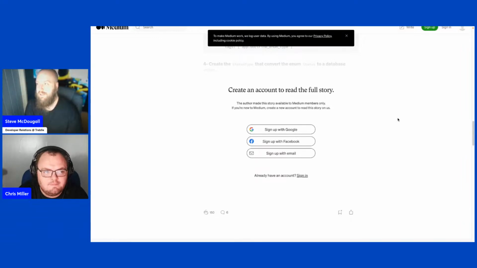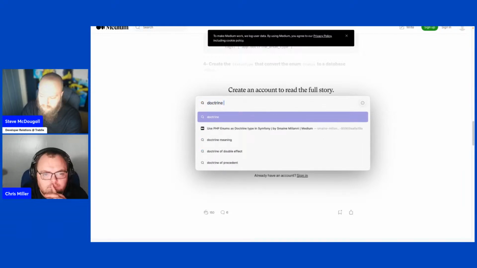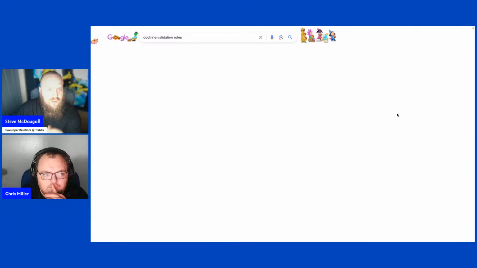So that sounds messy, doing it that way, which is, I suppose, where Laravel really, using Eloquent, just kind of takes over that. So instead, we want to look at Doctrine validation rules, so that you can do validation on the